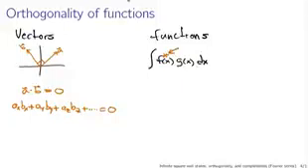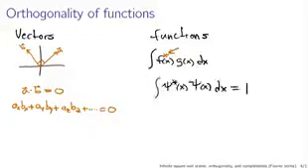This should start to look familiar now. You've seen expressions like the integral of psi star of x times psi of x dx is equal to 1, our normalization condition. This is essentially the dot product of psi with itself. Psi, of course, is not orthogonal to itself, but it is possible to make a pair of functions that are orthogonal. And we say functions are orthogonal if